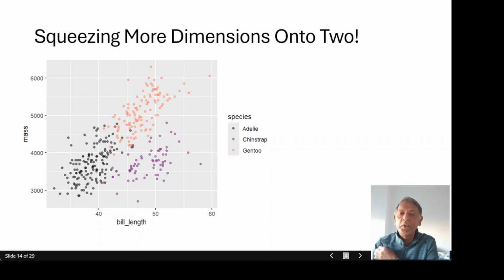Okay, so here what we are saying is, we are going to use the x-axis for the bill length. So the new variable we are bringing in is the bill length, the length of the bill of the penguin. And we are now seeing the relationship between bill length and mass. But we also want to squeeze in information about the species. Well, we can do that because we can bring in a third dimension through color, right? So we color the penguins of a different species with different colors, and then we show the relationship between bill